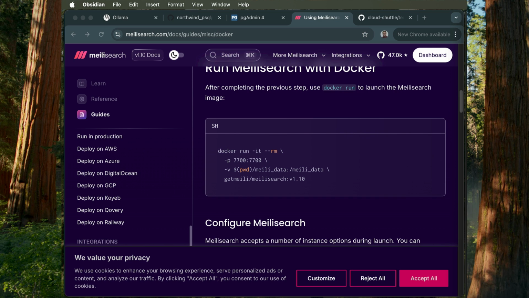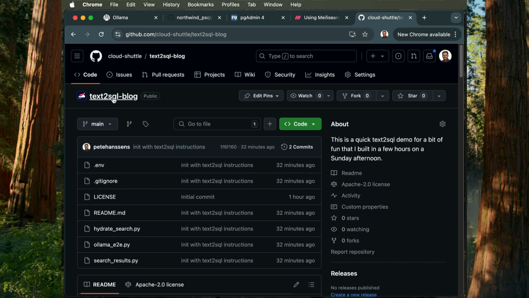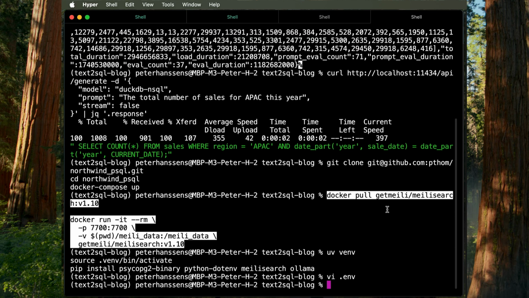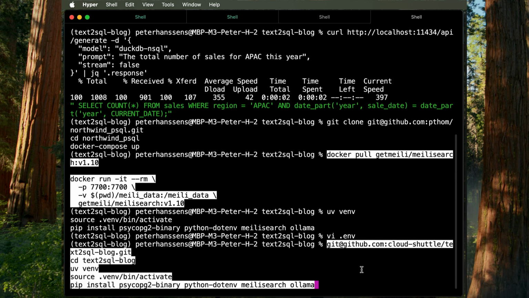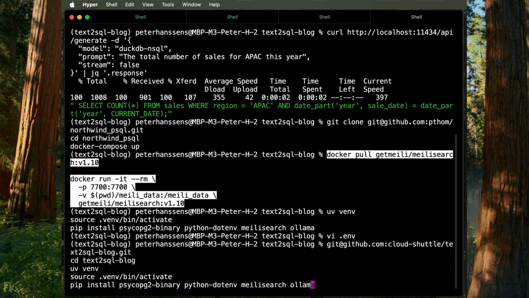Okay, so first up, we need to load some data in from the PostgreSQL information schema into Meilisearch. So let's clone my Text2SQL-blog repo and get a Python environment set up and clone the repo with the code in it. Cool, so let's go ahead and do that. Here are the commands, and I've obviously already created this repo, so I'm already good to go. But effectively, you just do that git clone, and then